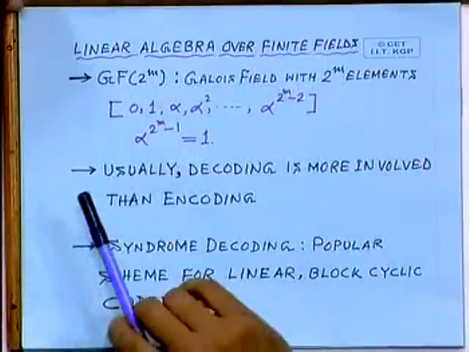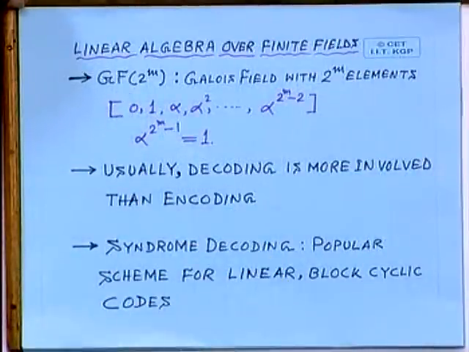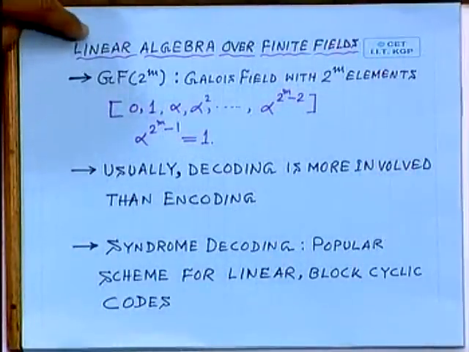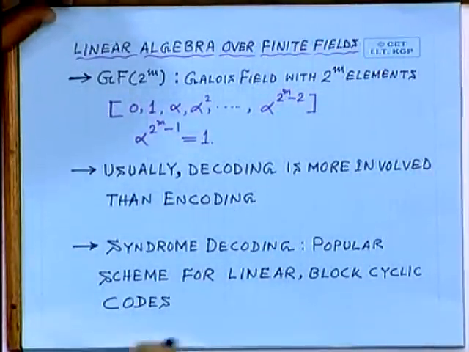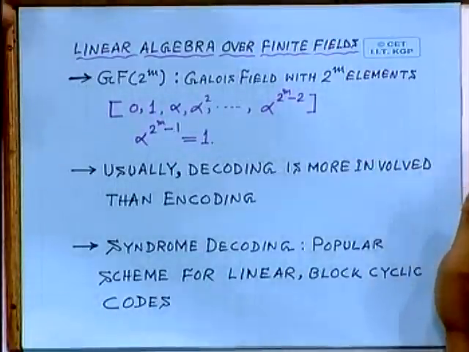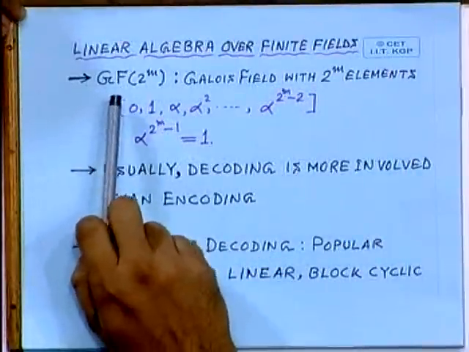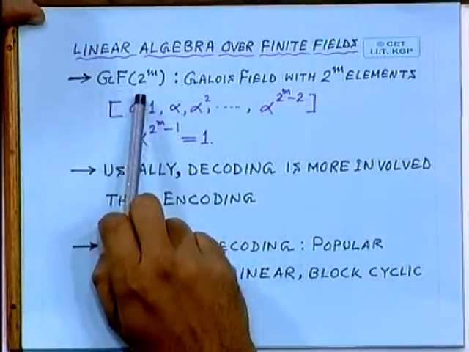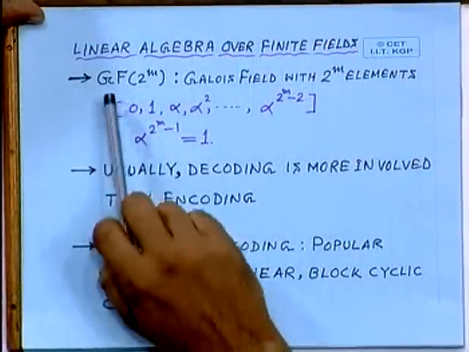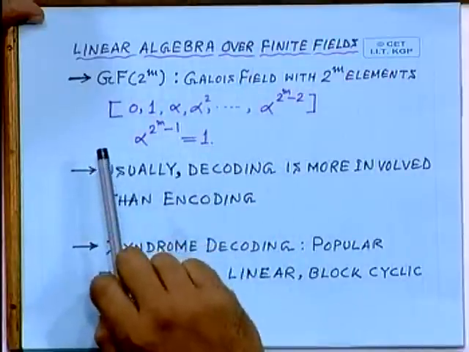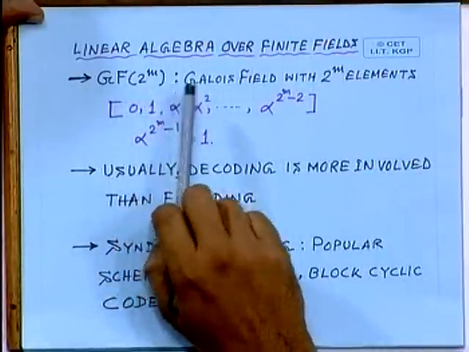Now, the topic to start with is linear algebra over finite fields. Linear algebra over finite fields is a very important area in mathematics, where the elements, or the numbers so to say, are defined over some finite field, and those finite fields are indicated in this form of GF(2^m). GF stands for Galois field. This means that this field of